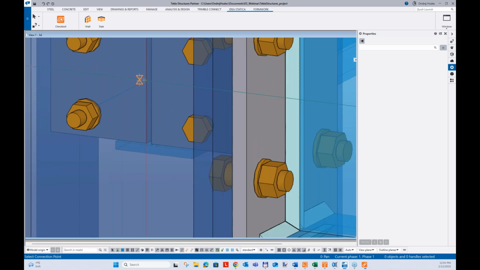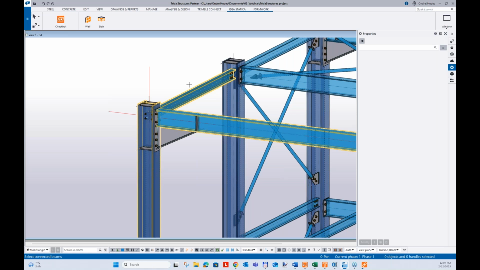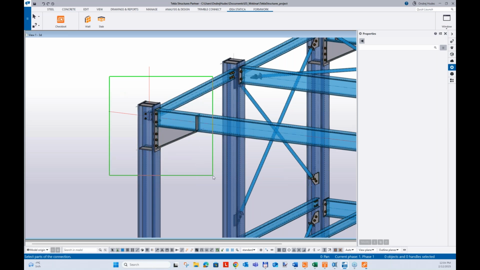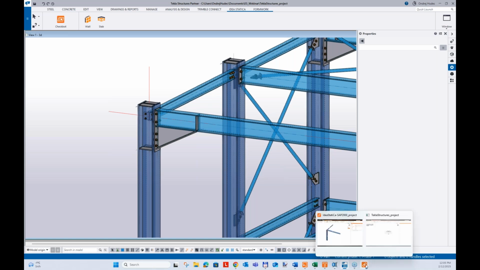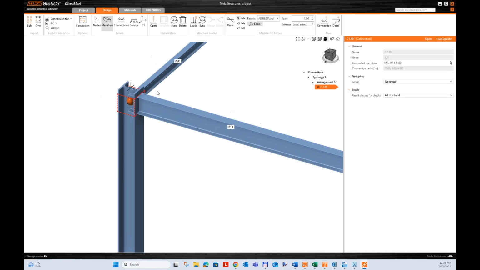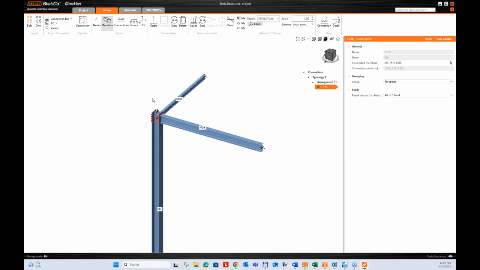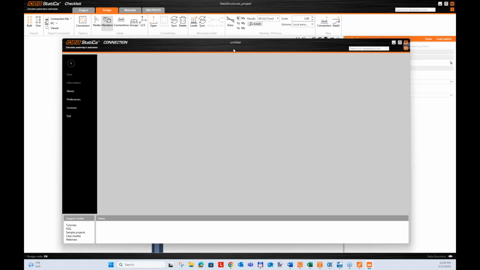This time I need to select the node, then the connected beams, and finally all the elements I want to import. With these inputs done, the import will take place, and as you can see here in Checkbot, the project looks very similar to the one created from SAP, but now you will notice the big difference when I open the connection,